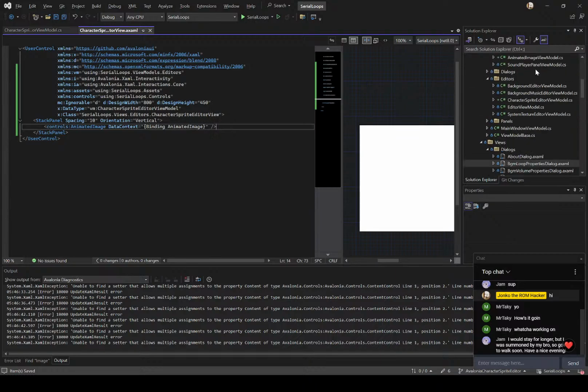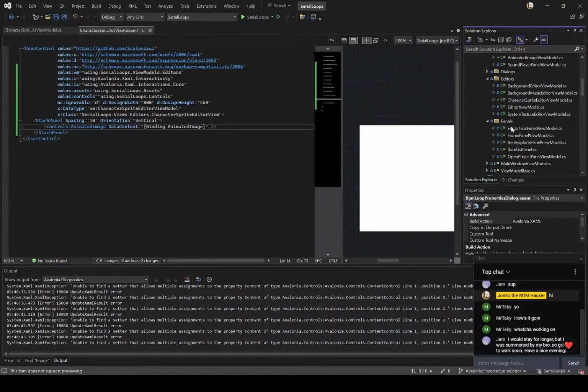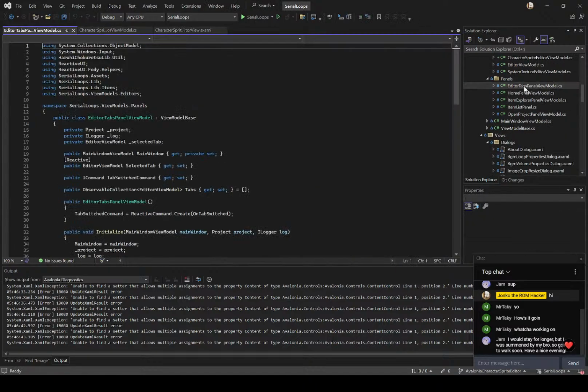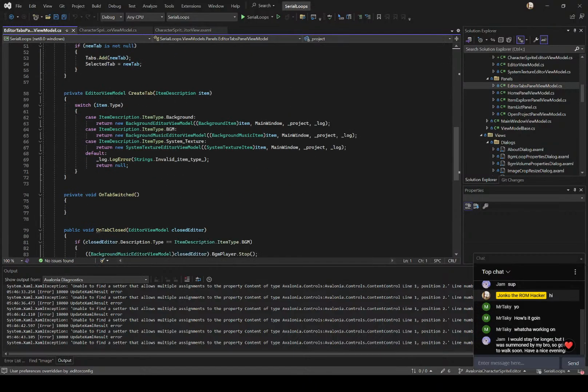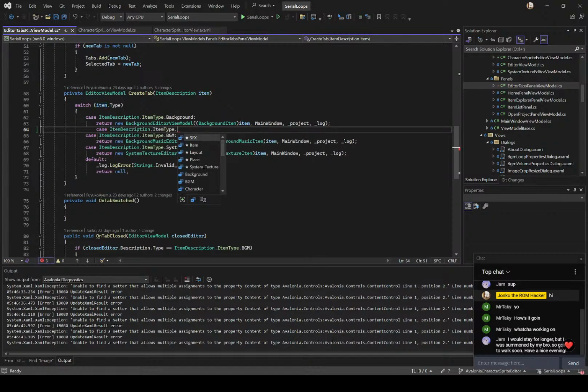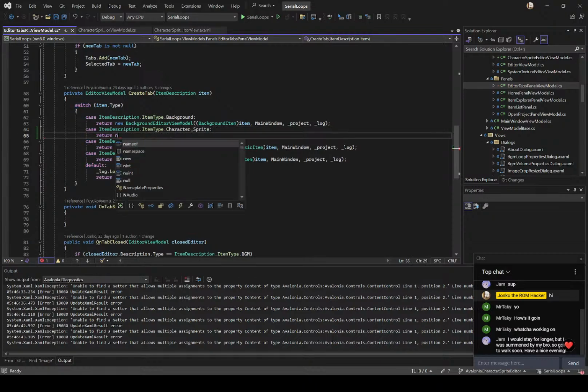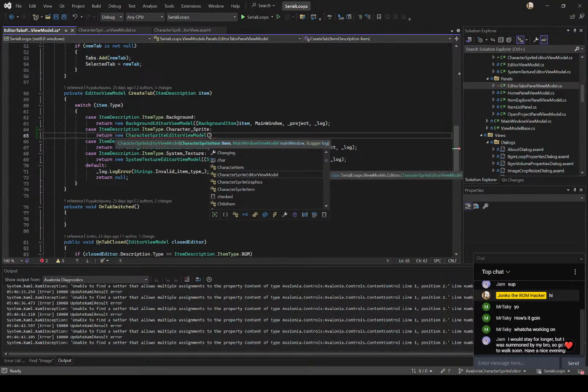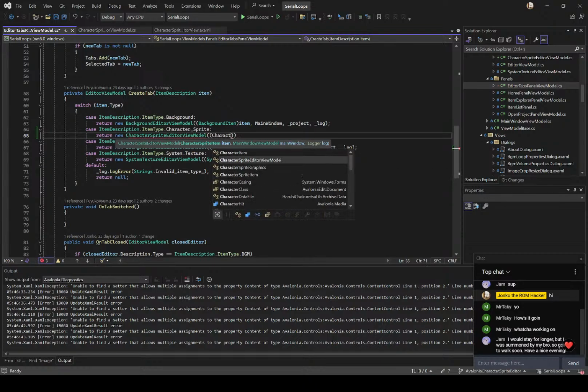So the way we're going to do that is we're going to take a look at our panels, and I believe we need to take a look at our editor tabs panels? Yes, perfect. So we have case item description dot item type dot character sprite. Return new character sprite editor view model, character sprite item,